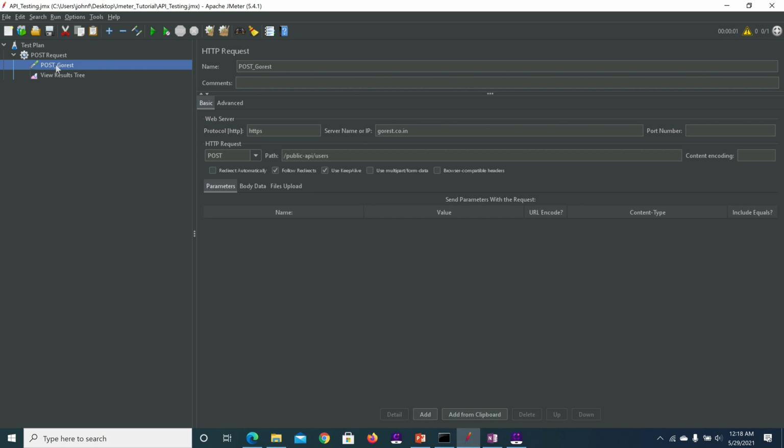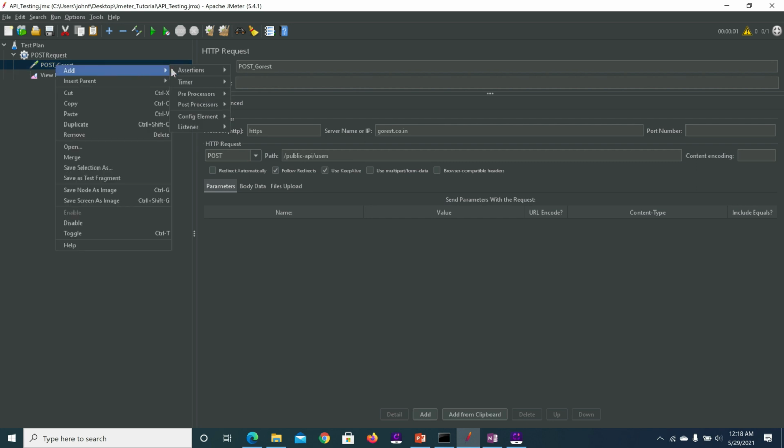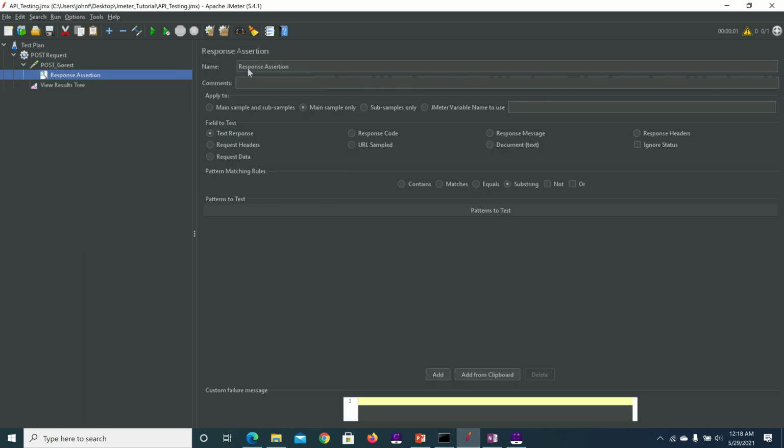So we need to add an assertion, response assertion, and I'm going to make it text response. It should not contain 401 code.